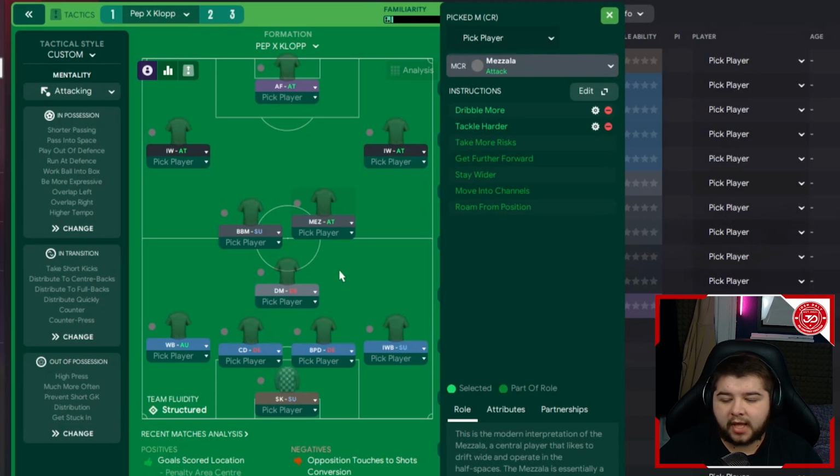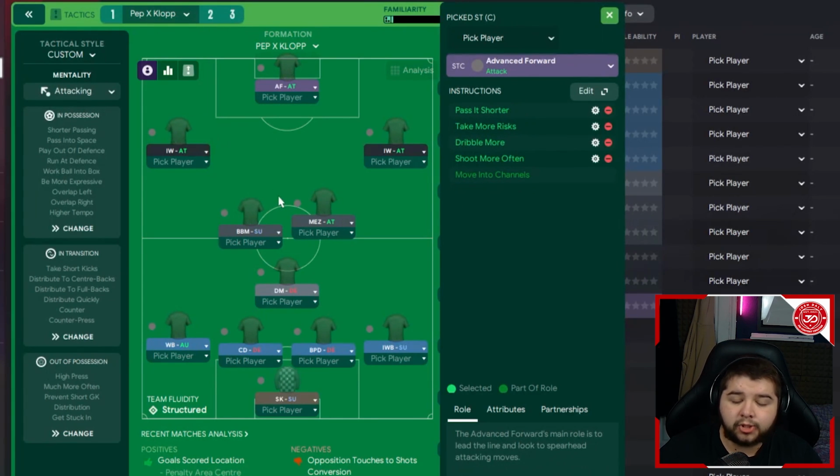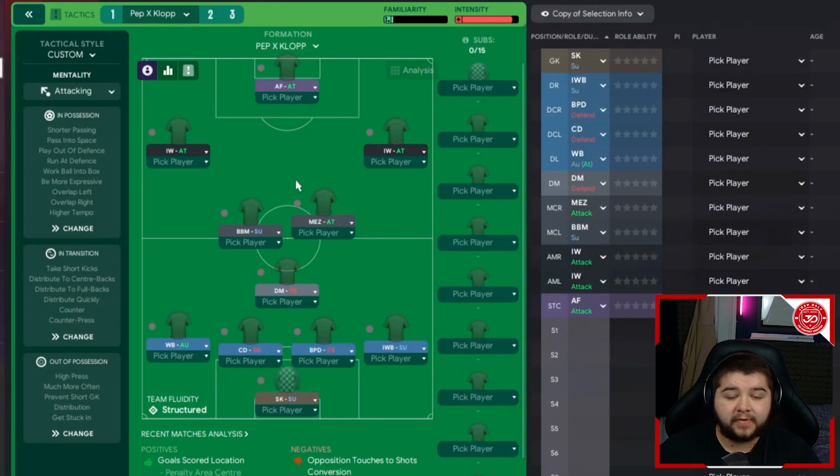Now you can use a centre mid on attack, or automatic, which would be more of a De Bruyne sort of role if you wanted to. An inverted winger on the right, on attack, on aim the cross at the centre, shoot more often, roam from position, and tackle harder. On the left-hand side, another inverted winger on attack, on aim the cross at the centre, roam from position, and tackle harder. And to finish it off, an advanced forward on attack, on pass it shorter, take more risks, dribble more, and shoot more often. And that is going to be the team instructions and the player roles broken down for the